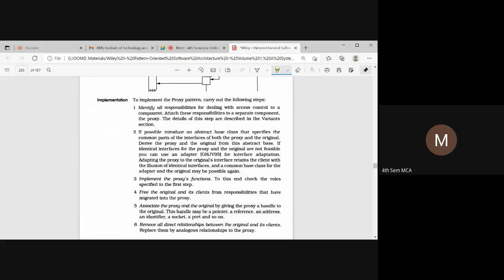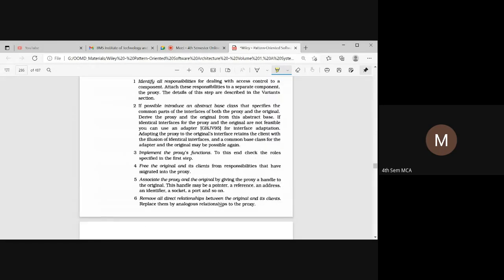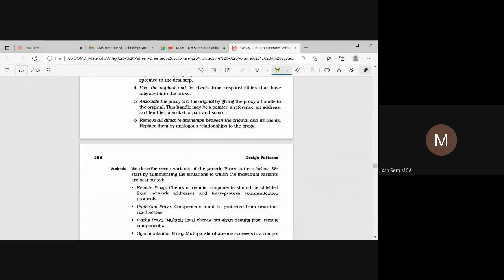Once the proxy services are implemented, we need to free the original, and the client has its own responsibilities, which have to be migrated.